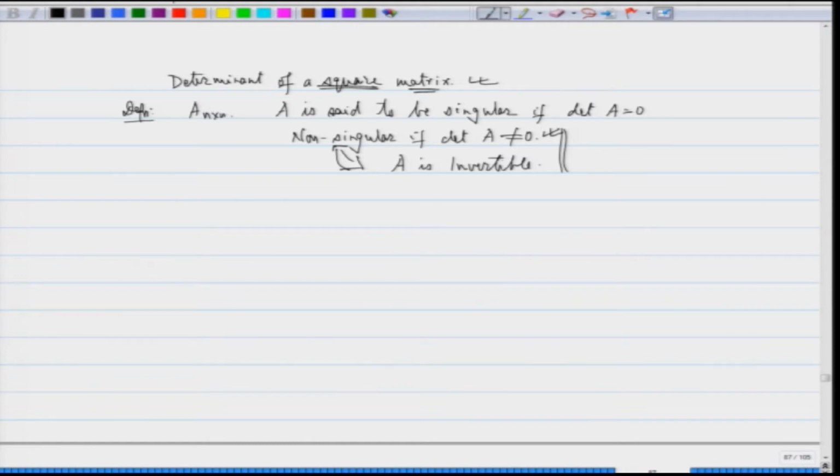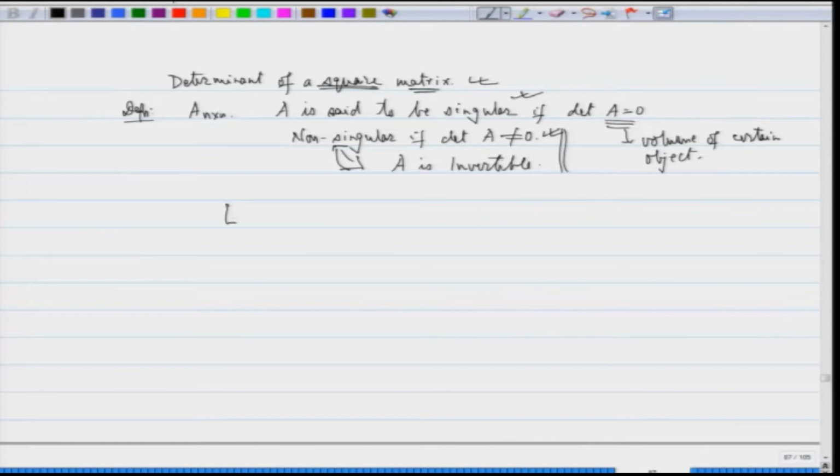I would also like you to know that determinant of A is nothing but volume of a certain object, what is called a parallelepiped, all right, fine. So, for example, when I talk of singularity, basically it means that when I am looking at, say, the length of a line, length of a line is a meaningful object when I am looking at a one dimensional object. So, if I am looking at the interval, so I have an x axis here and I have the interval say 0 to 2, then the length of this line,